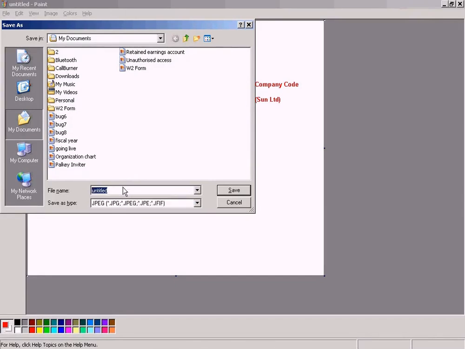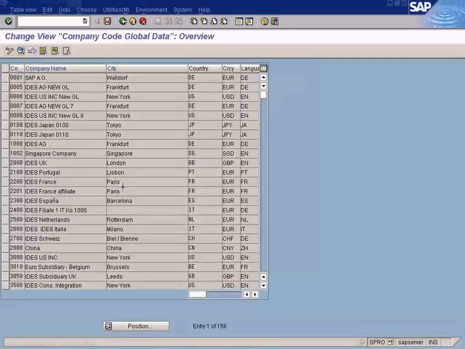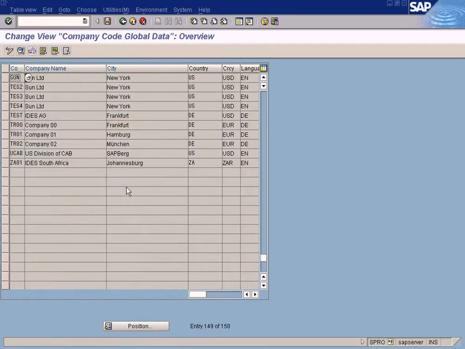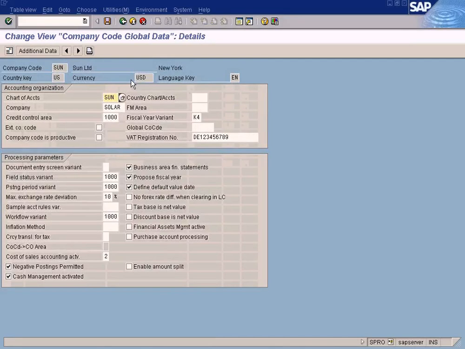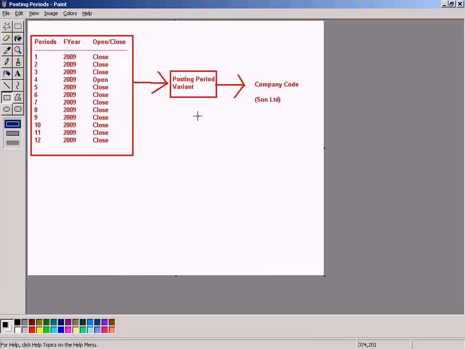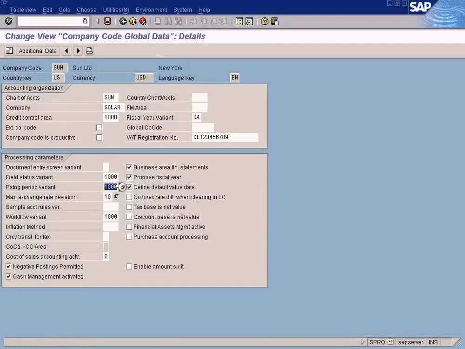Posting periods. Okay, that's loaded now. Let me just go to Sun. See this posting period here. Our Sun has already been assigned to posting period 1000 here. 1000 has been assigned to company code Sun.